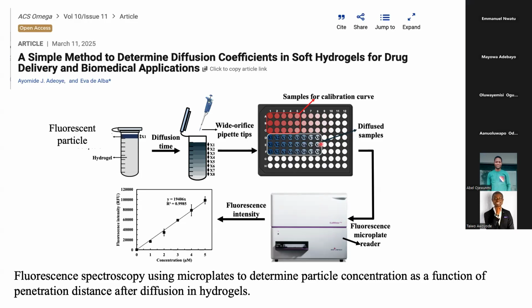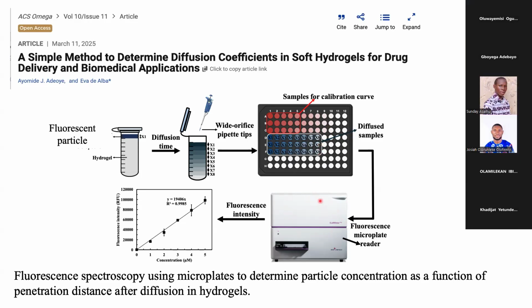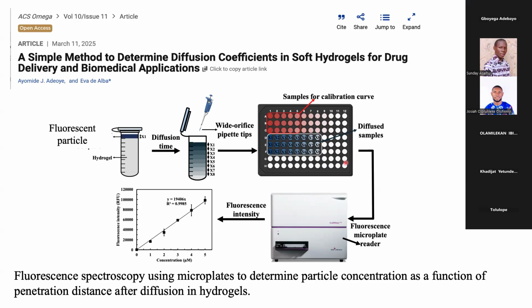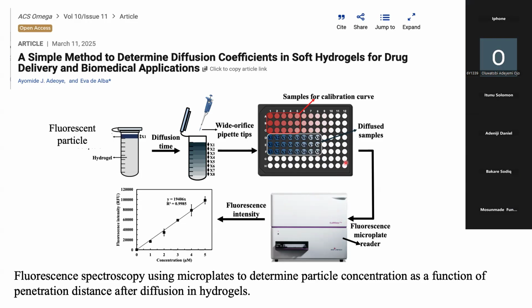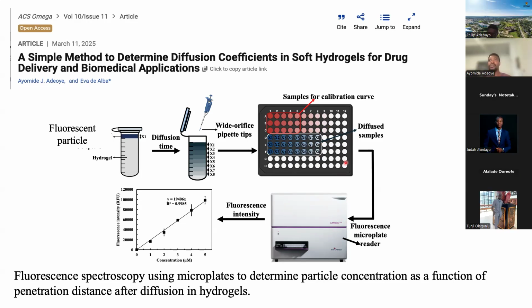So just to highlight, this technique, this instrument here, I'm not the one that developed this instrument. I didn't develop this plate. But the basic thing is I'm just putting together different things that have been developed in order to execute my project. So what I'm trying to tell you is that when you are building your research methodology, you could use data from people that have already published data. You could use that. Some data are available online, like if you are using quantitative data, qualitative data to achieve your research methodology.